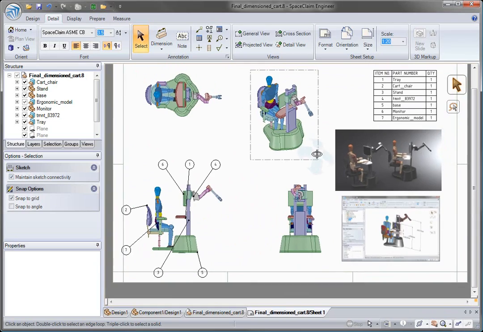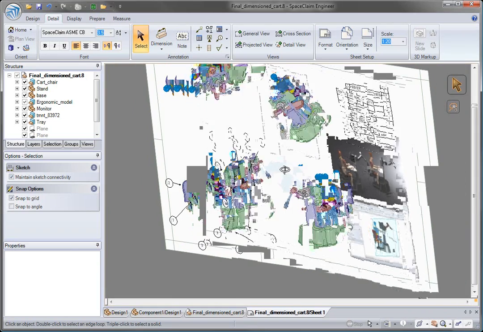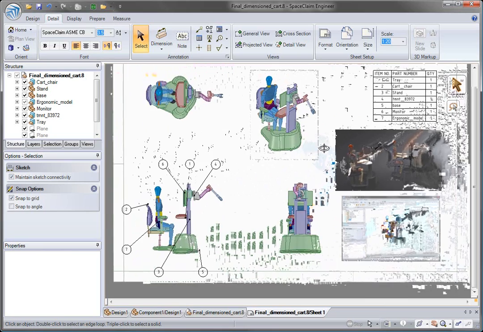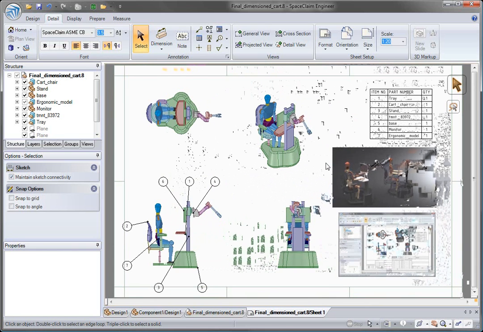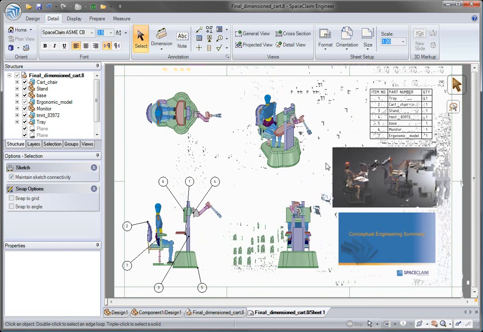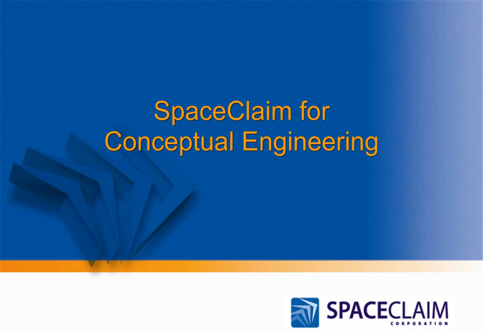I hope you've enjoyed our demonstration for SpaceClaim Engineer using conceptual design. Here's what I hope you took away. You can create 3D models by drawing in cross-sections without messing around with sketches. SpaceClaim lets you open and edit 3D solid data regardless of origin. Using SpaceClaim, you can quickly